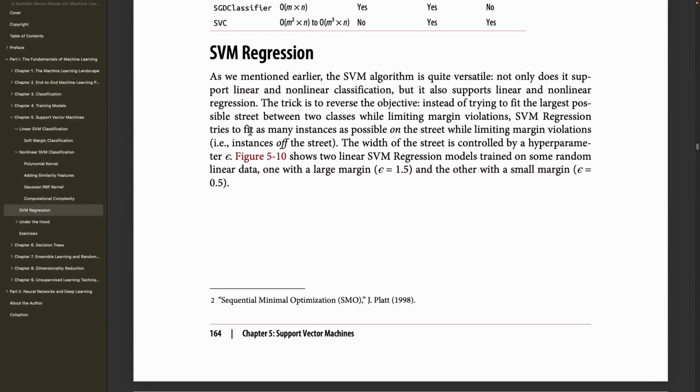We have the SVM regression. As we mentioned earlier, the SVM algorithm is quite versatile. Not only does it support linear and non-linear classification, but it also supports linear and non-linear regression. The trick is to reverse the objective. Instead of trying to fit the largest possible street between two classes while limiting margin violations,